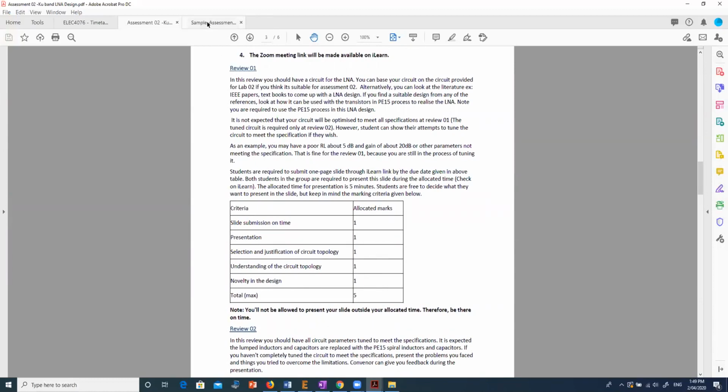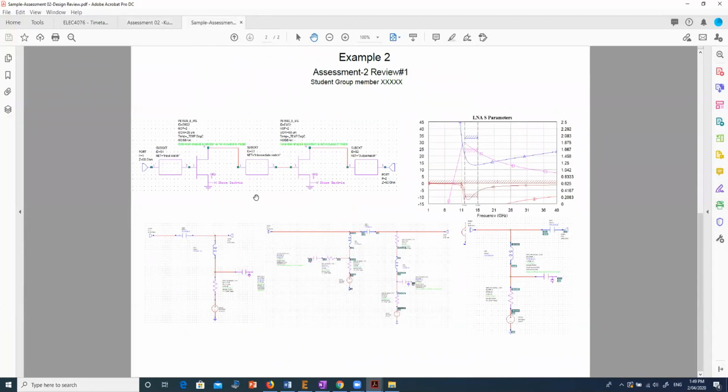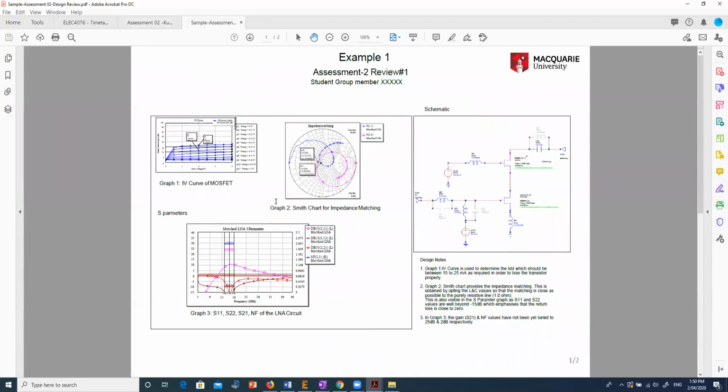I got a sample review 1 slide from one of last year's students. You don't have to have the same format; it's your own choice. What they did was show the schematic and their parameters. Now you notice there are parameters here, one in pink. He somewhat modified the lab 2 schematic, and then he managed to get something that's working in the Ku